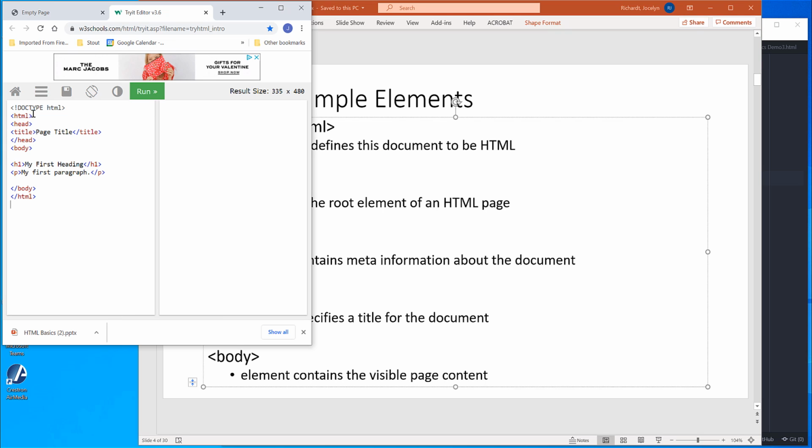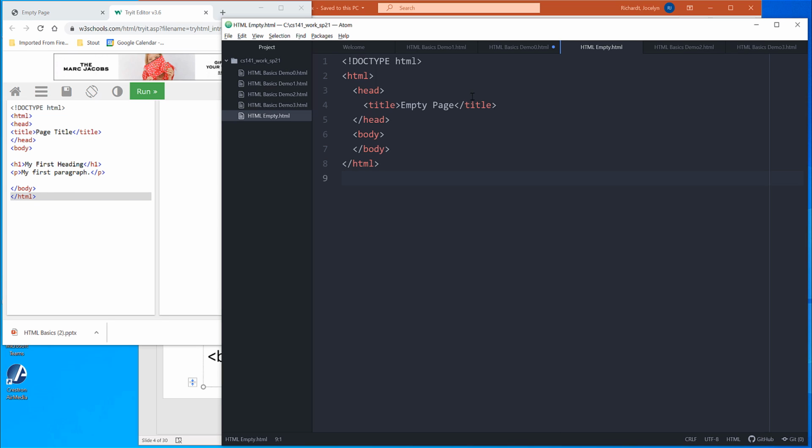So you can see here that we have an html element starting it, and everything in here is inside that html element, and it closes here at the bottom with the /html. A lot of times we will indent to help make that easier to read. Here I have everything inside that html element indented.